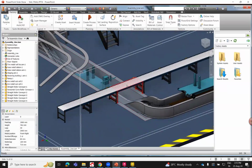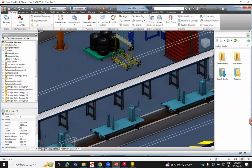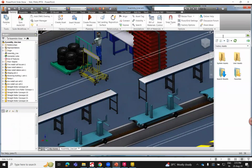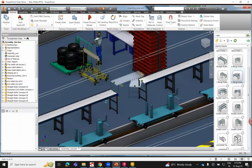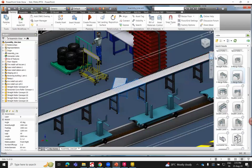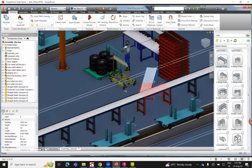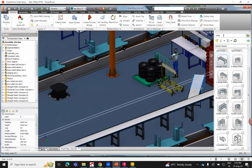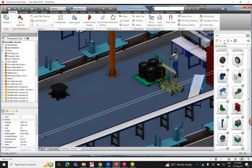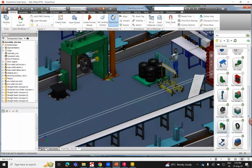Now I'm going to raise my platform so that there are no obstructions below it. Here also, for the material movement, the platform and roller conveyor are going to collide with those material movement equipments. Now here I want to insert a Y merger. I can just search in my asset browser and drag in my Y merger. This is conceptual modeling, but you cannot use these conveyors for actually manufacturing the conveyors. If you have designed the entire conveyor and want to manufacture it, whatever product design you have done can be converted into assets and brought into my layout planning. But whenever it's layout planning,